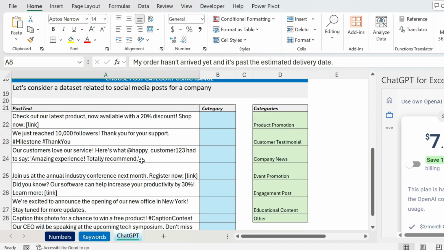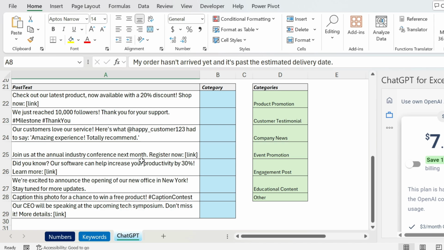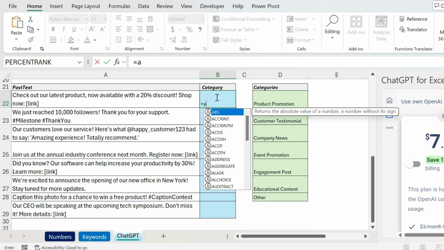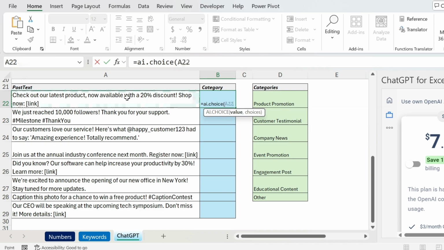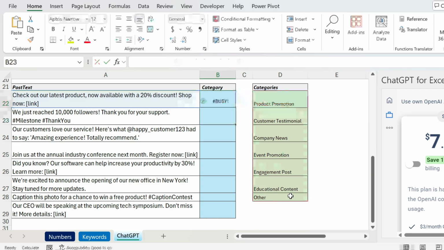Let's do another one. I have some others here and I want to know whether it's a product promotion, customer testimonial, etc. So I'm going to do the same thing. Equal AI.choice, open parentheses. We select and we select the categories here. F4, close parentheses, press enter. You can see this is a product promotion. You get the discount here. And if we double click,